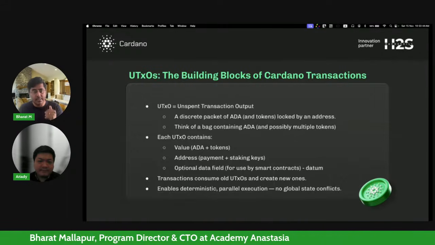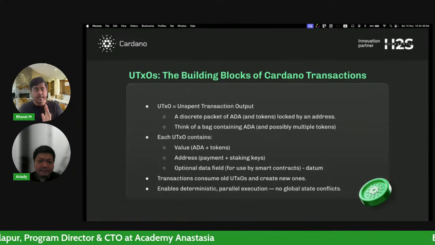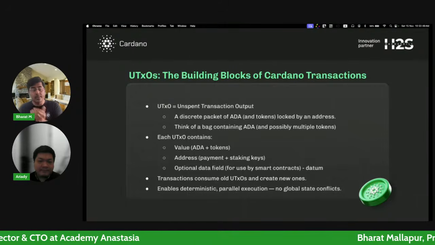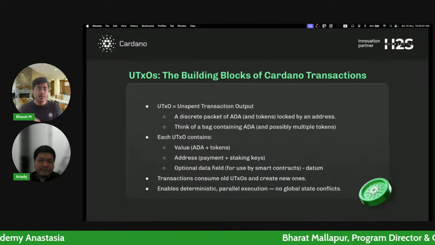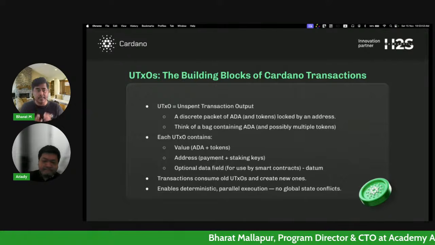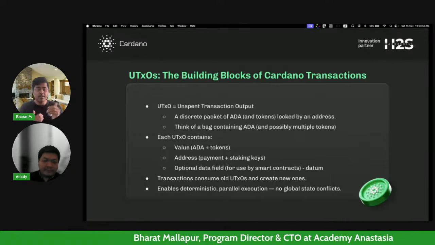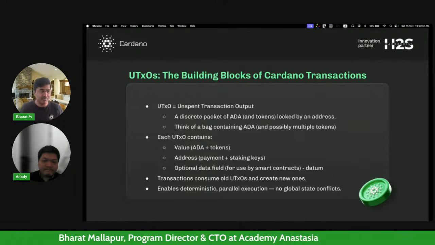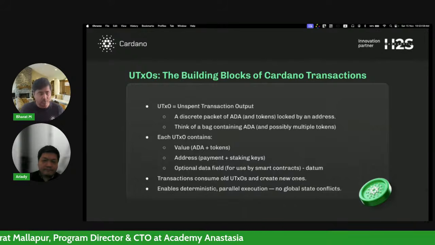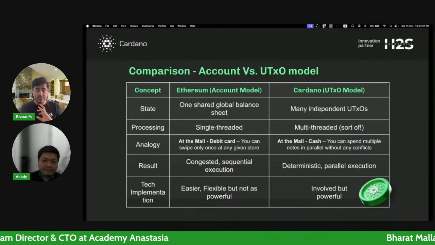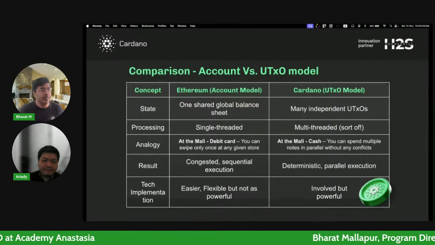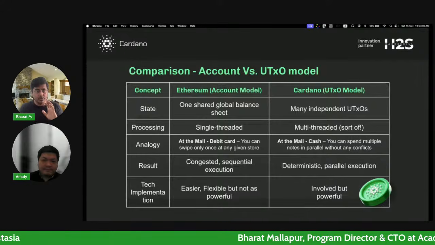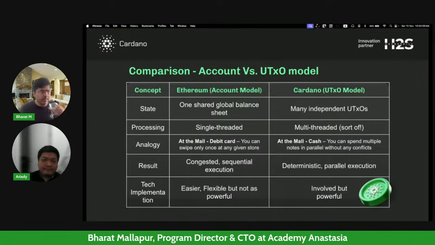I will say, here is 50 rupees input, 10 rupees will go to the storekeeper, 40 rupees have to come back to me. It is guaranteed that I'll get back the money. There's no way that the storekeeper can change that outcome, right? And it is parallel. We'll talk about this a little. This is a very powerful aspect of Cardano's UTXO mechanism.